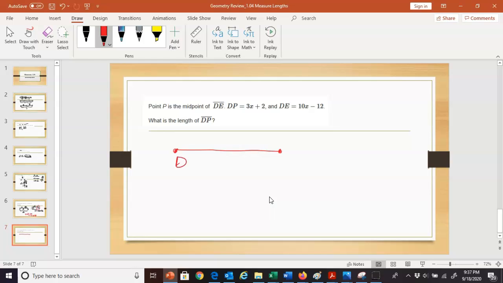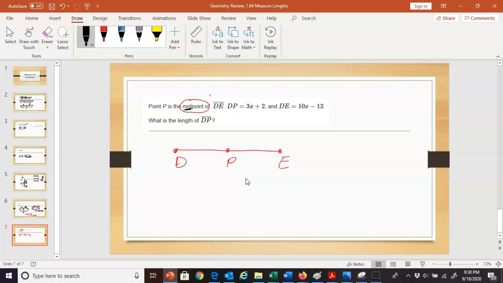So here's my line DE, and I'm going to write P. Now this time they tell us P is the midpoint. So that's a fancy word. It's definitely one of the words we're going to talk about, and you probably already learned in your lesson, midpoint means the middle, right? That prefix mid. So I did put P right in the middle of that line,